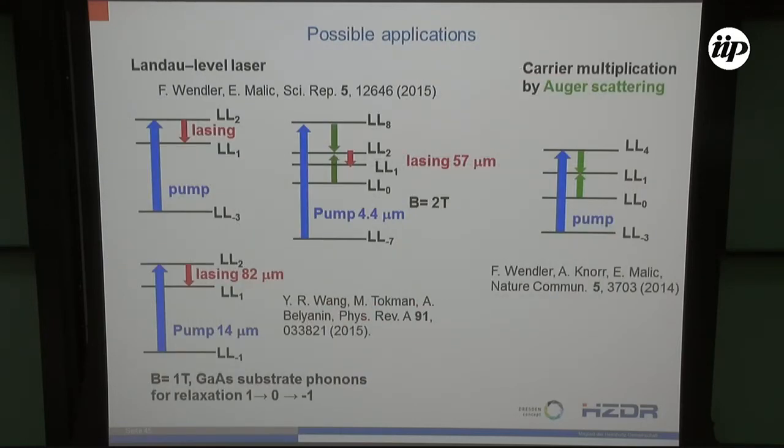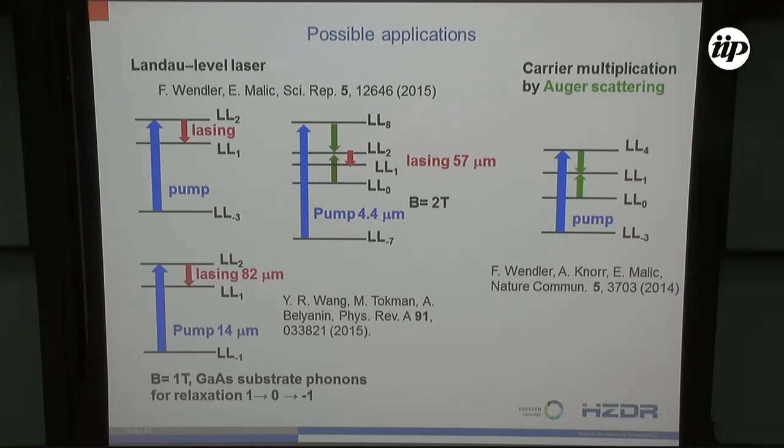These findings have triggered a number of theoretical investigations on lambda level lasers, which is an old dream of the solid state community, that you have a laser where you can use the magnetic field to adjust the frequency. And so far this has not been realized, and now there are a number of proposals. I don't want to go into detail